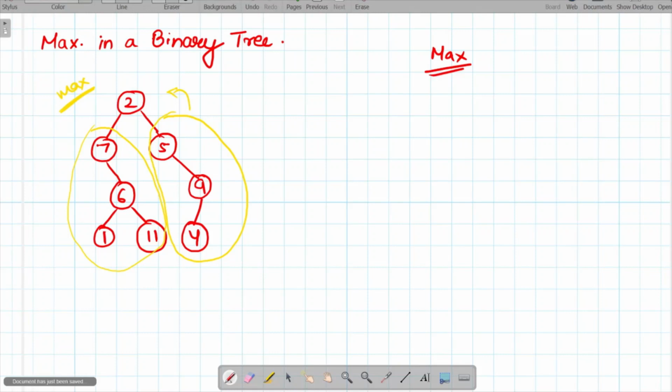So let's see it now. First of all, how we will do it. The base condition in this will be, suppose there is a node 1 which is a leaf node, so it does not have any children nodes. If there are no children nodes, we will not simply return 0, we will return int min, because we cannot return 0. Suppose the tree elements are all negative, then if we return 0, it will consider 0 as the maximum element. That is why, instead of 0, we will return int min. So this will return int min, and this will also return int min.